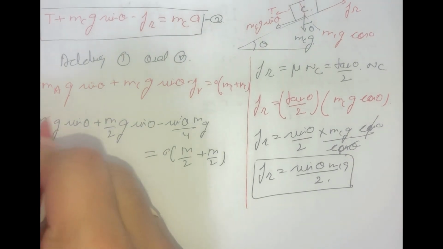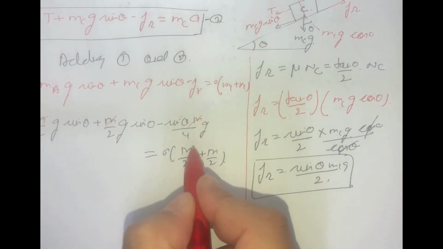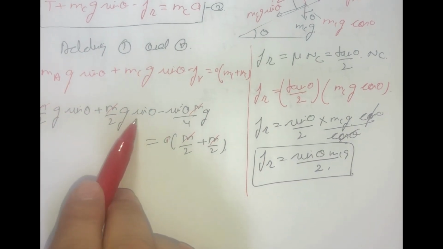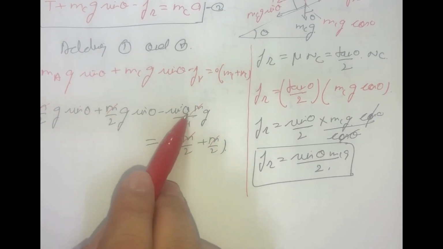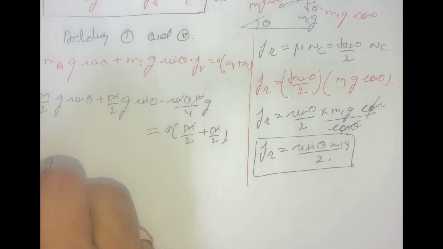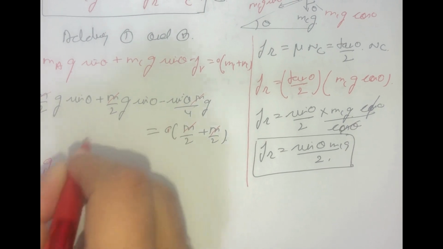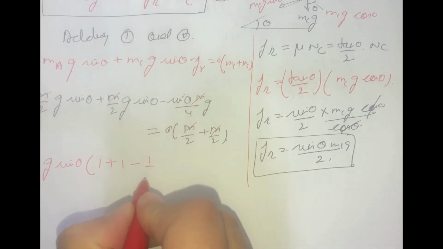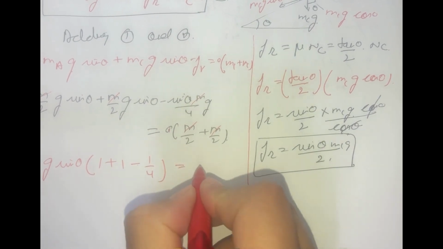Now this m cancels out throughout, so we get g sine theta plus g sine of theta. So, and this is also g sine of theta, we take it as common, so you can say g sine of theta, this will be 1 plus 1 minus 1 by 4 is equal to A,